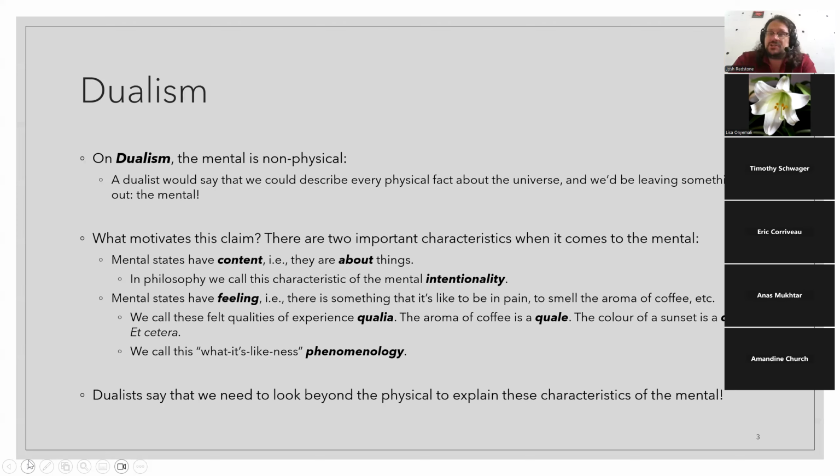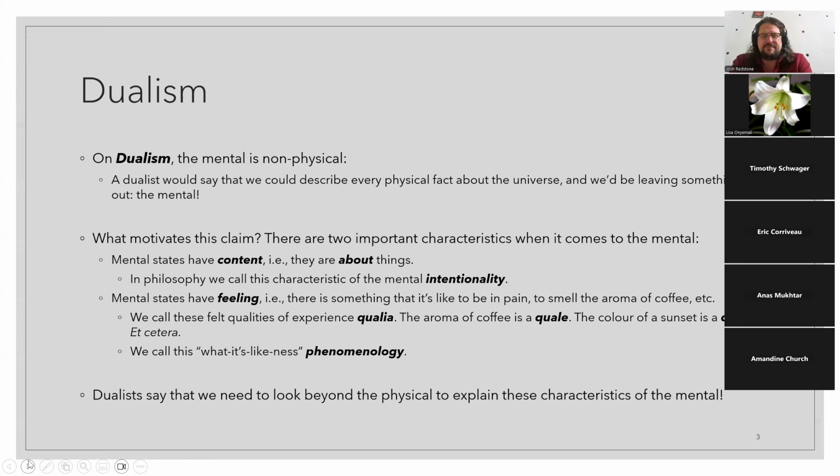So we call this intentionality. It doesn't mean, like, it's got nothing to do with intentions that we have, like, oh, I have an intention to drink coffee this morning before I start lecturing. No, it's not used in the colloquial sense. It's a technical term, which says that there's this sort of aboutness when it comes to mental states. Mental states are about things. They're about the things they represent specifically.